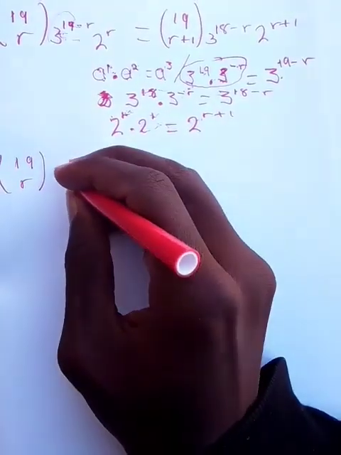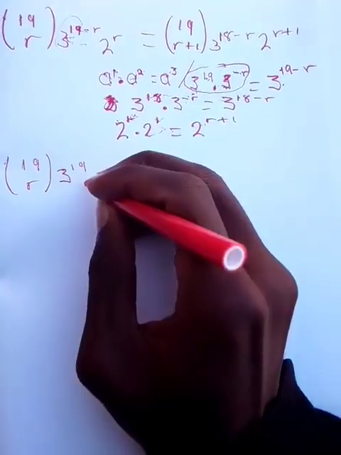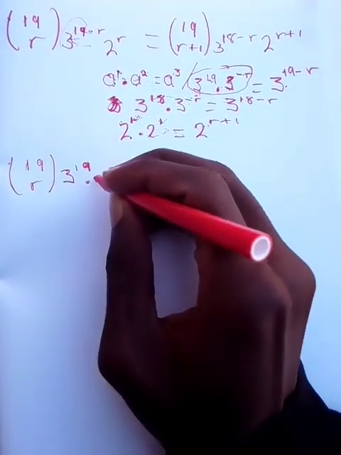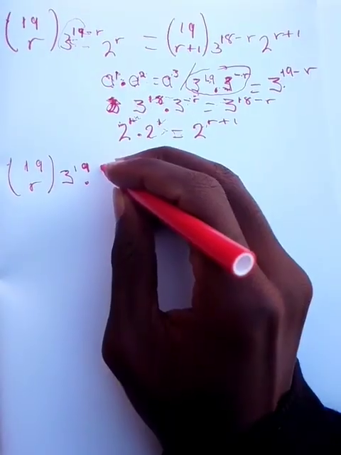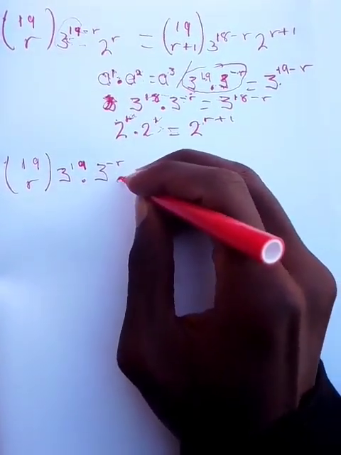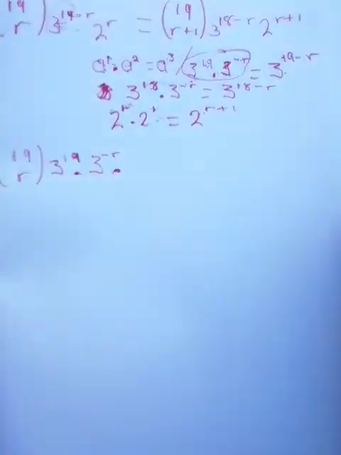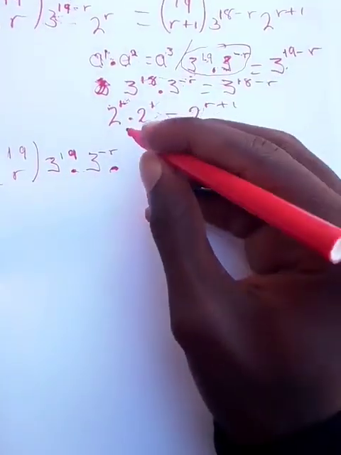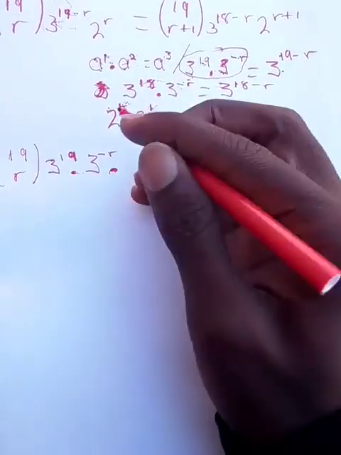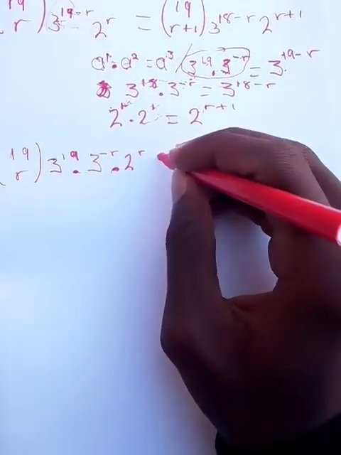So I'm going to write 3 power 19 times 3 power negative r times, this dot is representing multiplication, like the multiplication symbol. In case you are somebody who will be like, now what is this dot doing here? Because some of you have got problems. So there is someone who doesn't even know this. So here I'll say 2^r and equal to,